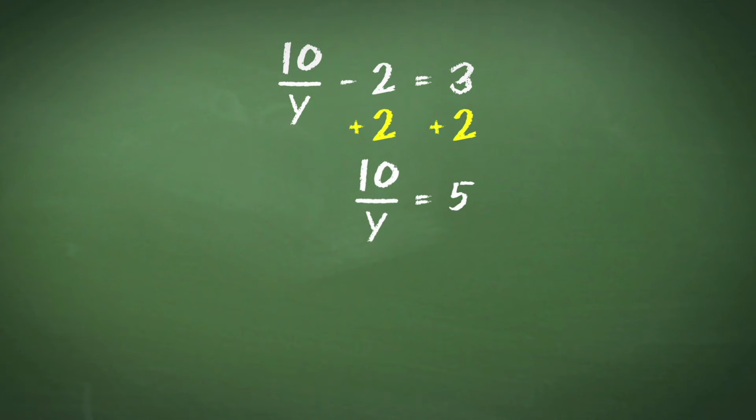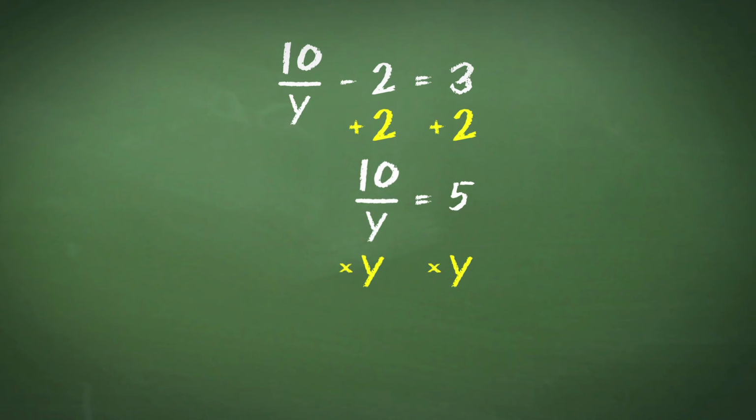Now remember that 10 over y is the same as 10 divided by y. And we know that to get rid of a fraction, we must always multiply by the denominator, which in this case is y. So we multiply the left-hand side by y. And remember, we must also do the same to the right-hand side, giving us 10 over y times y equals